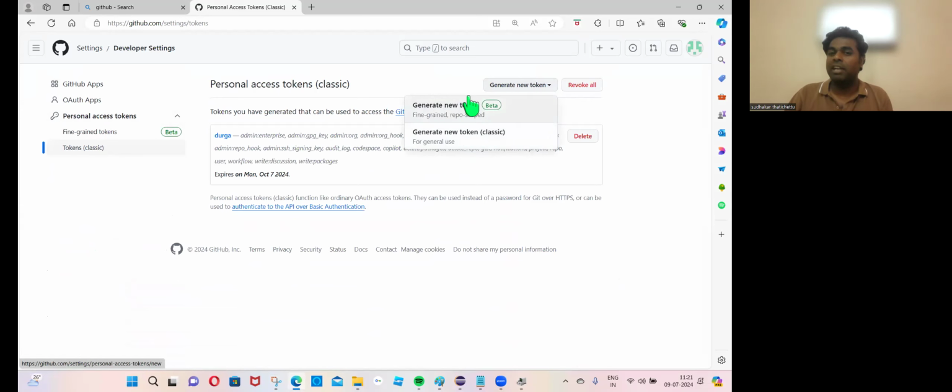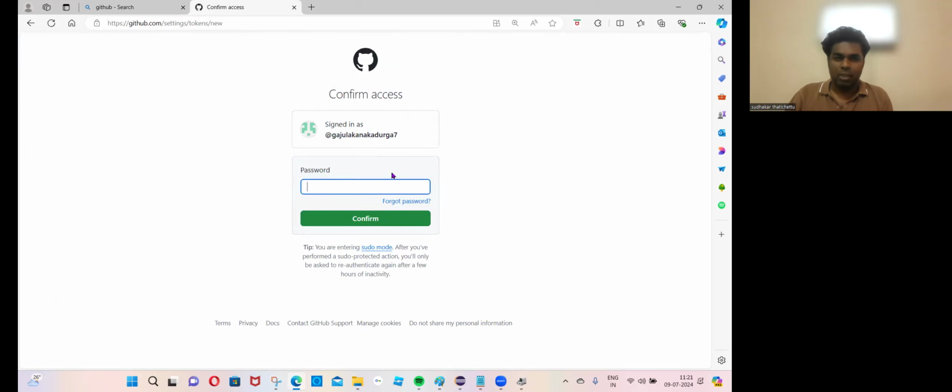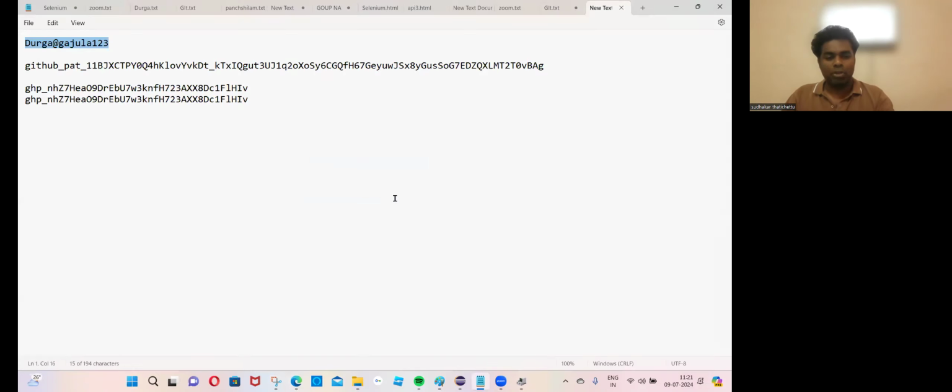This one. Yesterday we tried this one. Actually, we have to try this one. So let me click on this one. So it is asking the password. Okay, so let's use the GitHub user ID password